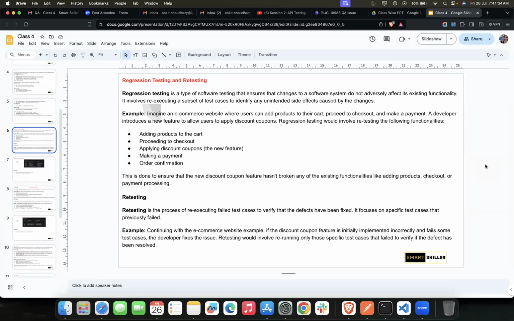So whenever we have regression testing, right after that we have to do the retesting on the failed test cases. Only if those failed test cases have been fixed by the developer.